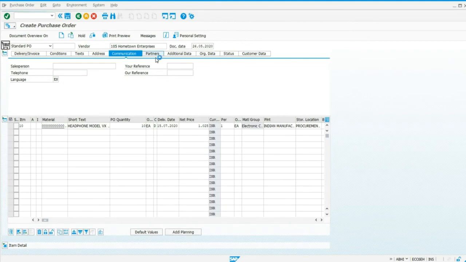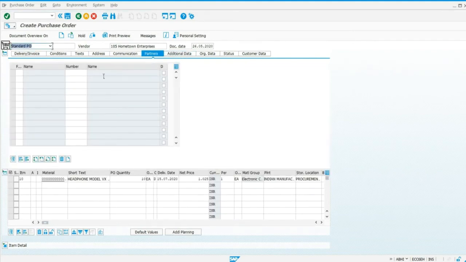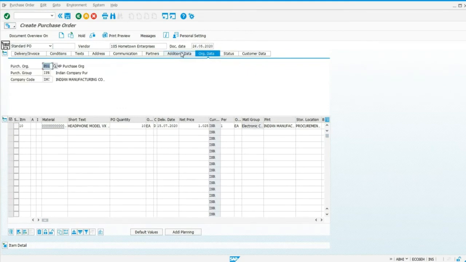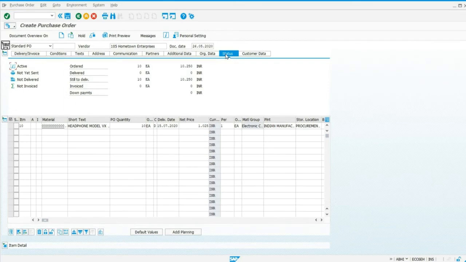Then partners, you don't need to worry about that. Additional data, again here collective number you can put for this PO. And organization data we have already submitted. Status. So just like there is a status tab in purchase requisition, we have a status tab in purchase order